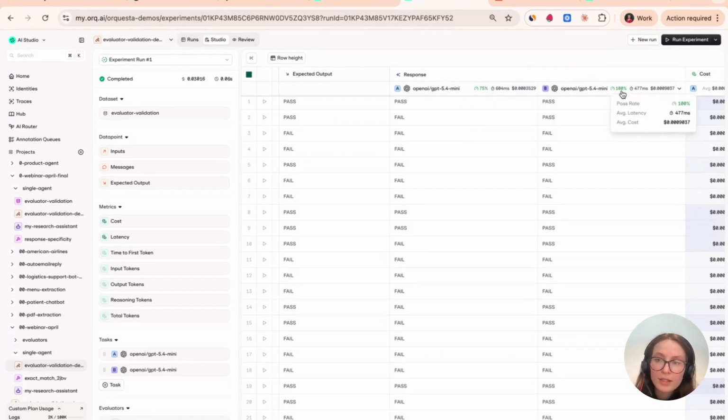And after I ran the improvements, it went to 100%, which is obviously very high. I think as the complexity and the size of your data set increases, you might not hit 100, but you're able to get close to it. And you see the difference in cost. So we did triple the price by the changes that we made.